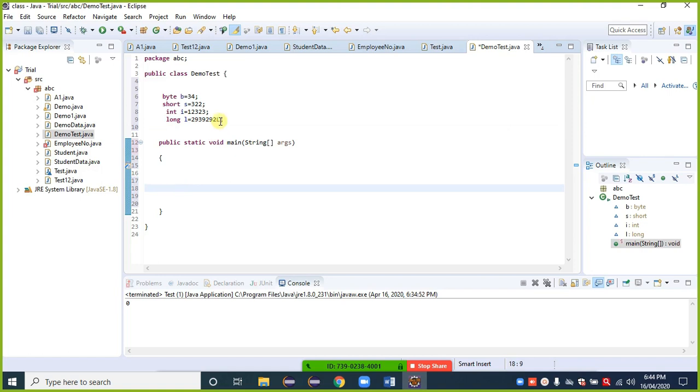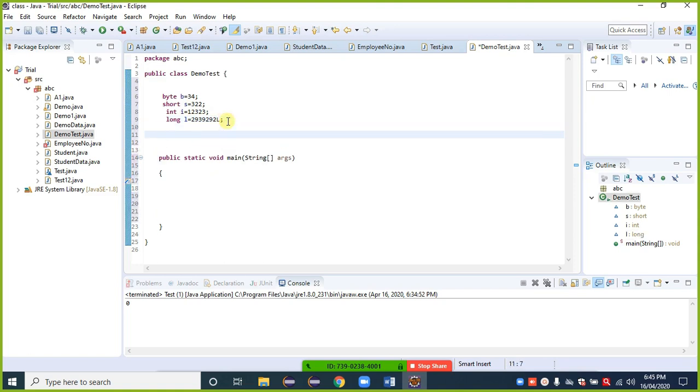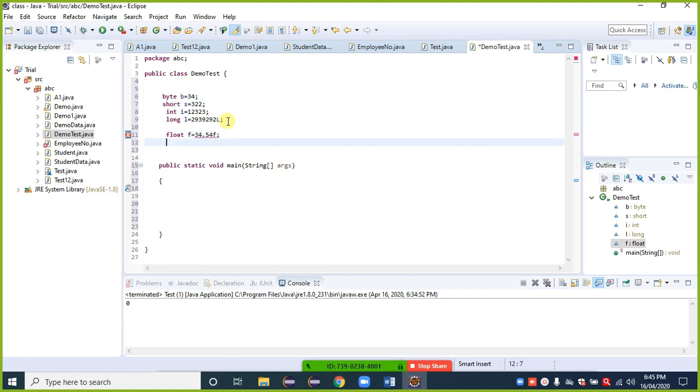If we don't give the L here, it will treat this as an integer. So in the case of long, we need to provide a capital L at the end of the value. Then for fractions, we have float, f is equal to, and here we need to provide a small f with a float.